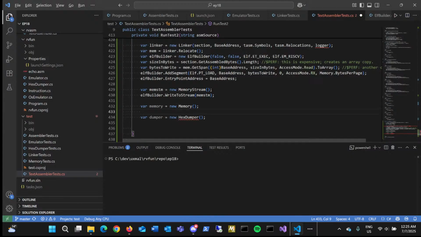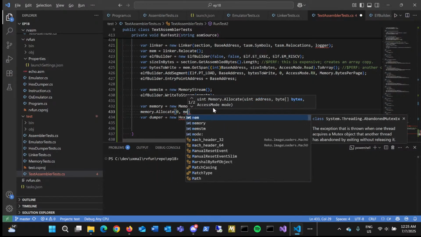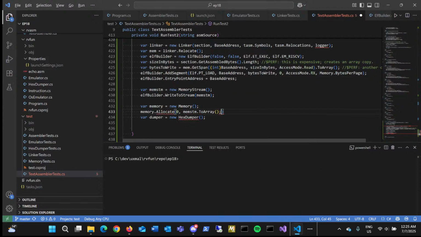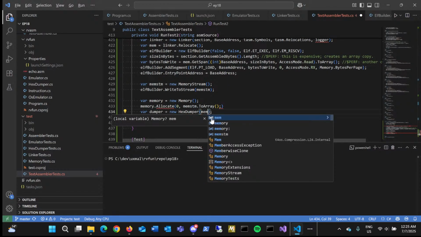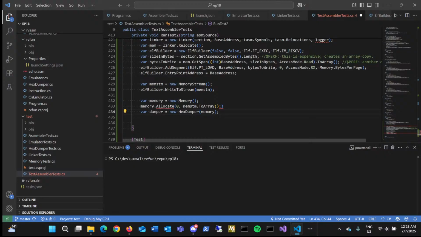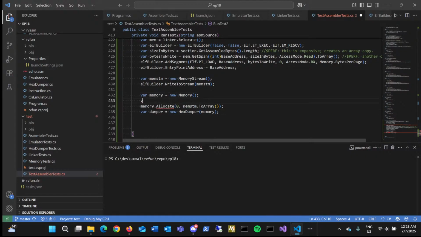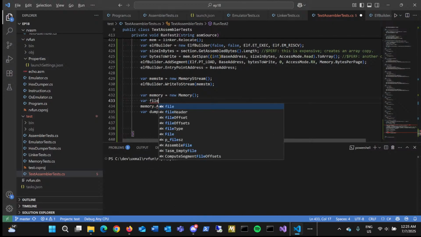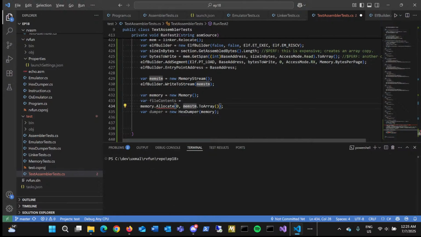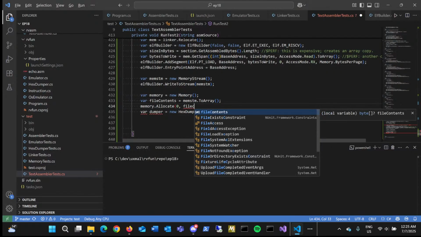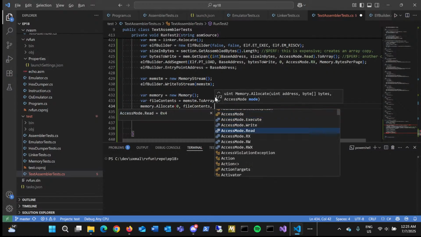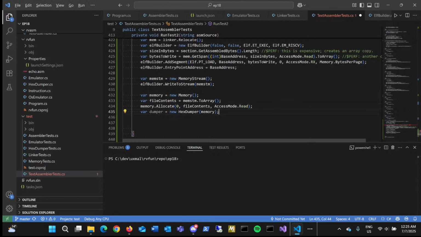So we'll need to put that. And then we dump that memory. Let's call this the file contents. Make that a readable page, and then we dump it into